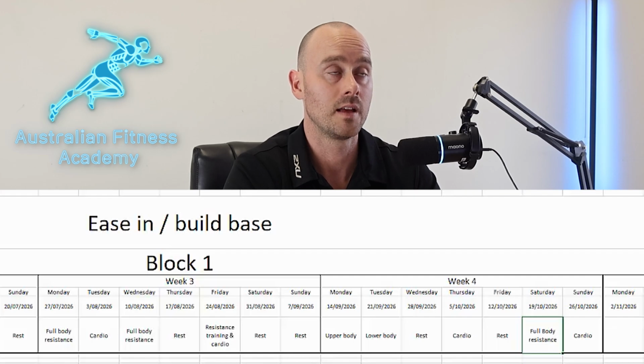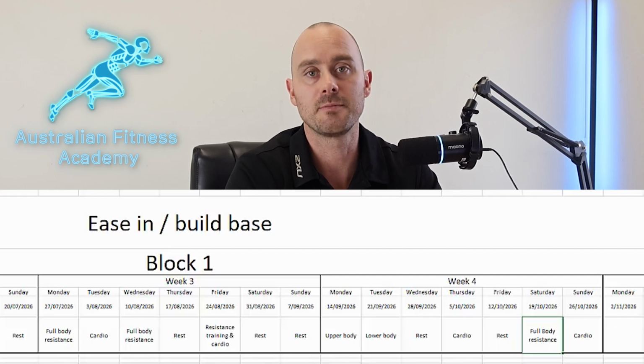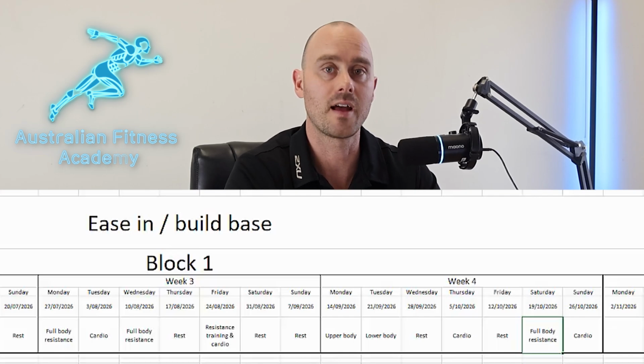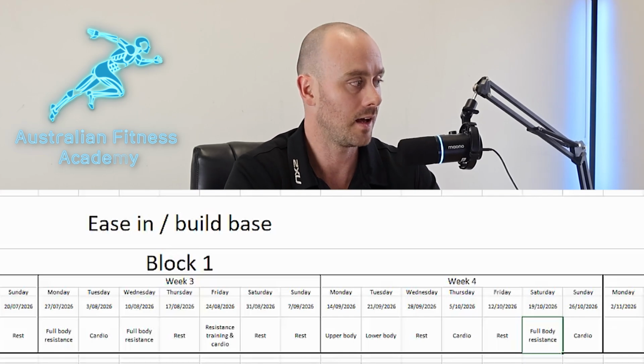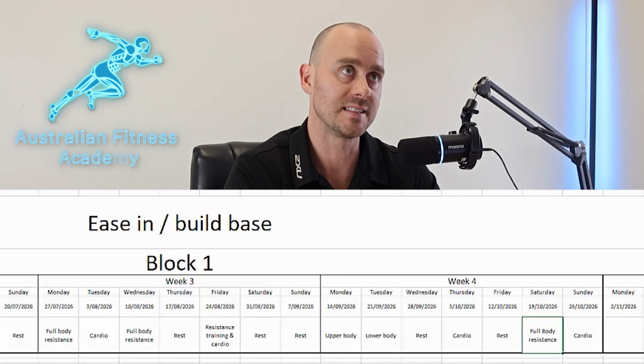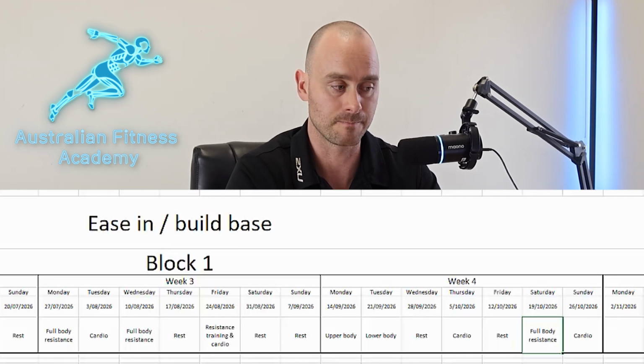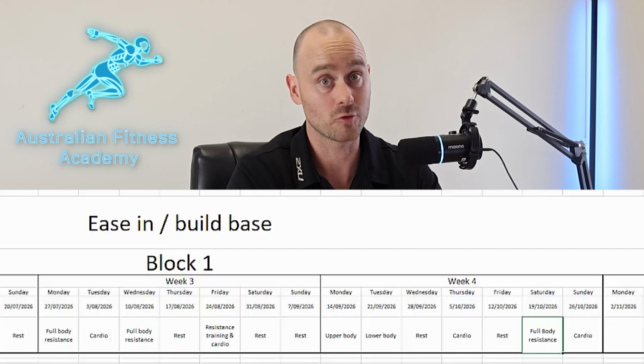If you miss a full body session, it can be made up. If you miss an upper session and you've got upper lower throughout the week, it's very hard to sort of catch up, or you end up missing an upper day that week and you don't see a lot of progress potentially from only training the muscle group once per week.